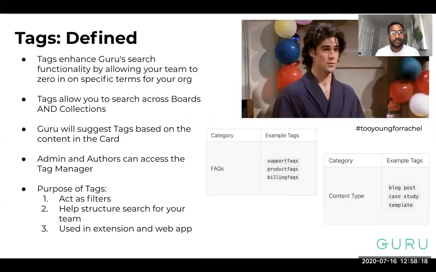So let's jump into the good stuff. What are tags? They essentially enhance Guru's search functionality to allow your team to zero in on specific topics and teams for your org. And over here on the right, for any Friends fans, you're going to see tag, and he was hashtag too young for Rachel. But one of the really amazing things about tags is that they allow you to search